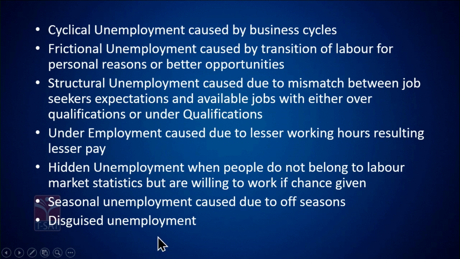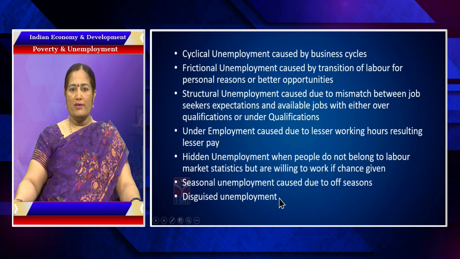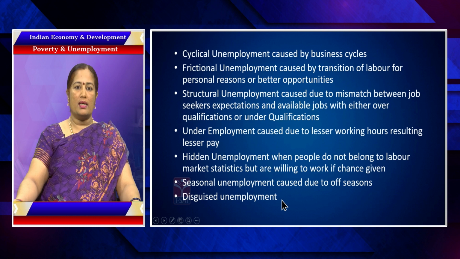Disguised unemployment is a special type of unemployment which prevails in the agricultural sector of the Indian economy, where the marginal laborers or additional laborers who get employed in the agricultural sector have a marginal productivity of zero, but still they continue in employment in agricultural production. So even if we remove these marginal farmers or extra laborers, agricultural production will not become zero. It remains stable. Such extra people who are not adding anything to agricultural production are considered as disguisedly unemployed.